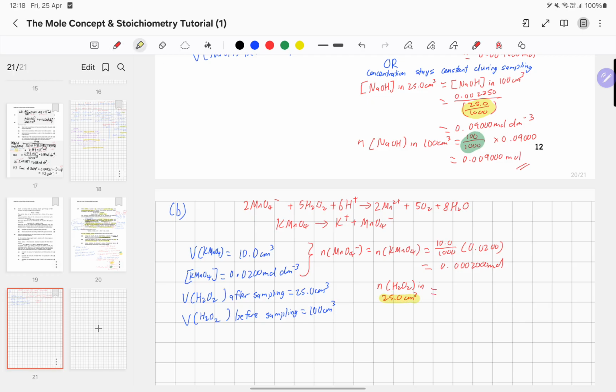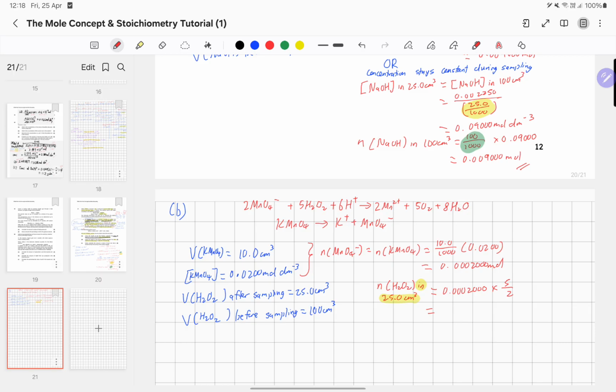It's a very good practice to label what these numbers refer to, and especially in what volume, so that you are aware of this, and then you won't make any careless mistakes. Okay, so it will be multiplied by 5/2, because you divide it by 2 first and then multiply by 5,